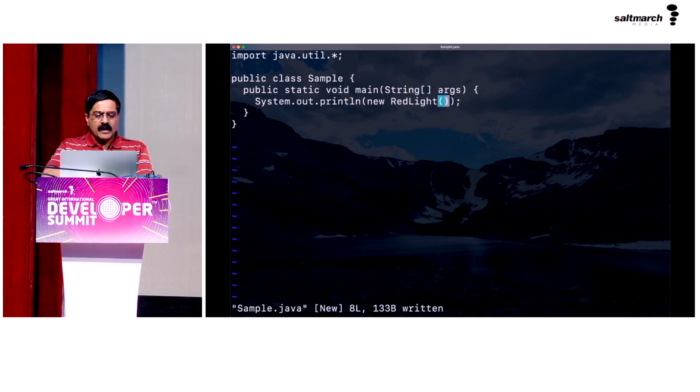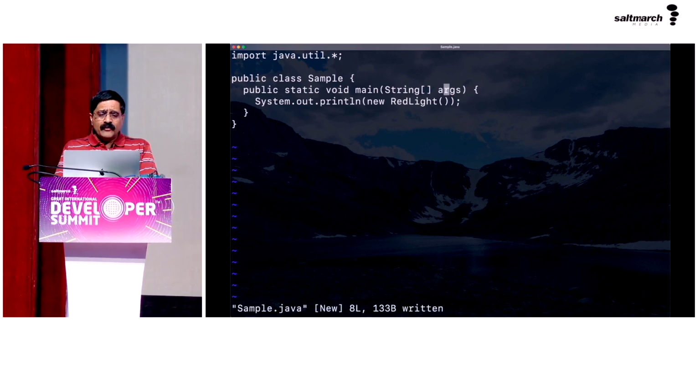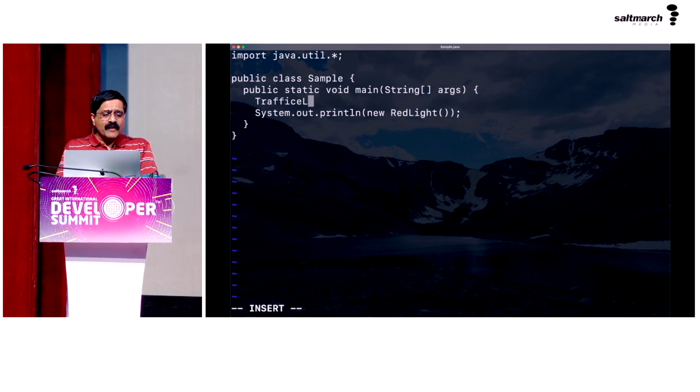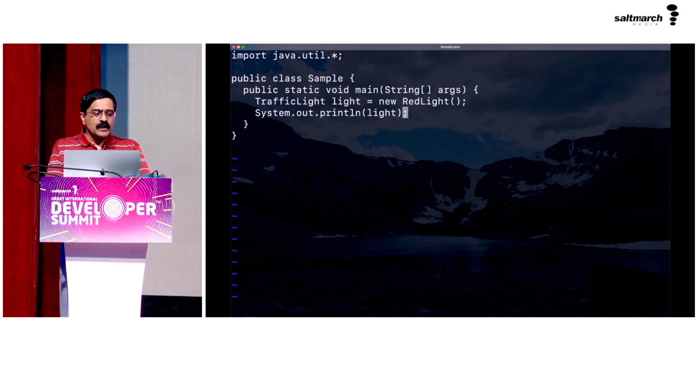That's all I'm saying, a new red light. In fact, let's even do this. I'll say traffic light, and the traffic light will say light is equal to new red light. And I'm going to then simply display the light right here. So we got something called a traffic light, and then I'm going to create a red light, and I'm going